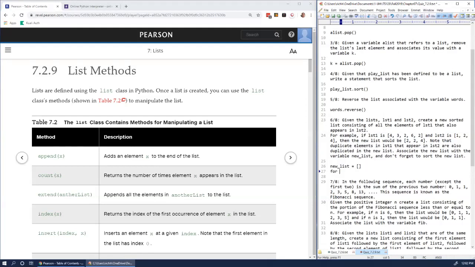Can we use any variables, or does it limit the variables? Okay, for L1 in LST1, for every element in list 1,